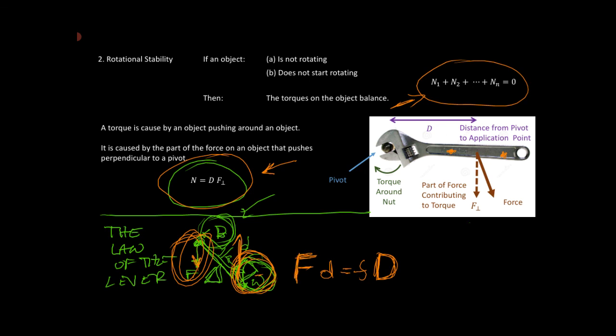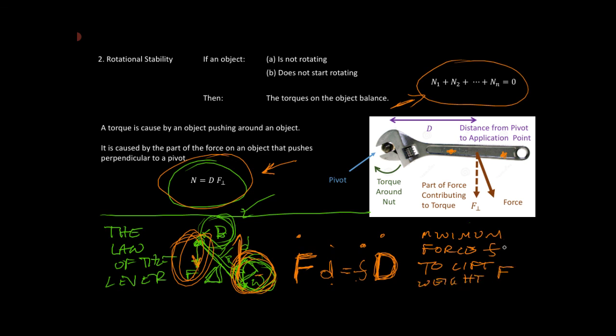Let's make these bigger, right? Big force, small distance equals small force, big distance. That's the law of the lever, right? So a large force at a close distance equals a small force at a large distance. Right, and remember, this is the minimum force F to lift a weight, a big weight,